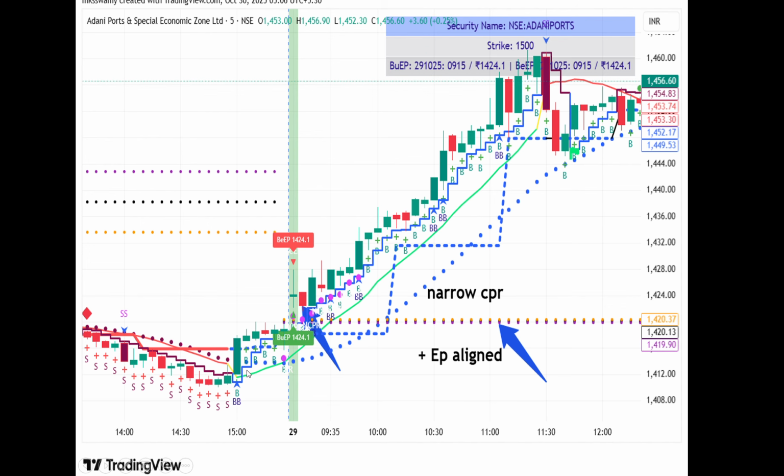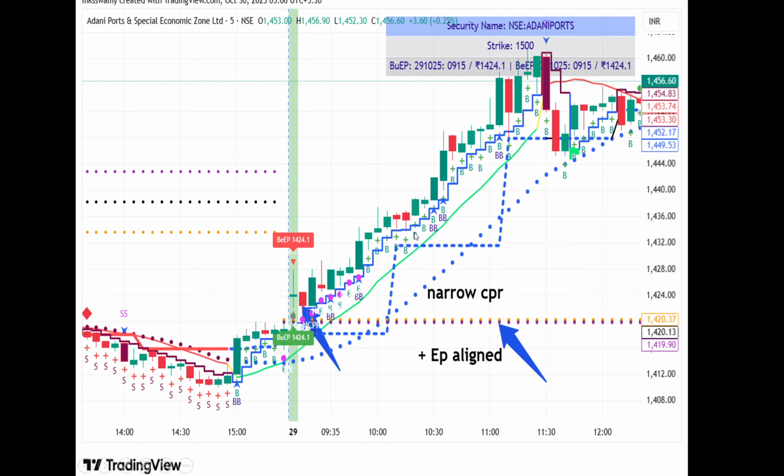The market had come down, and before closing, there was a narrow CPR, indicating something is cooking over here. You could have immediately scanned for that and kept it in your watch list. You can quarantine such stocks and keep them in your watch list, so that it will help you for the future trade. You could have captured this Adani Ports